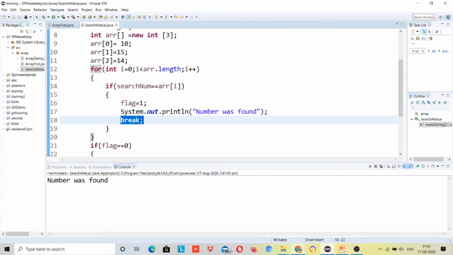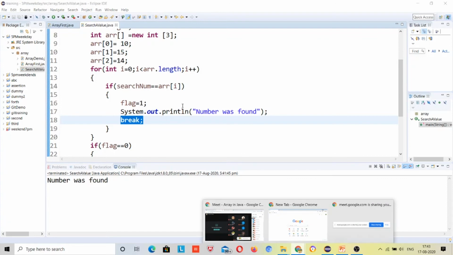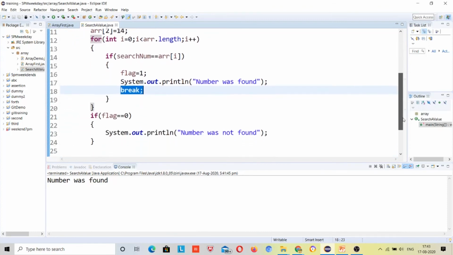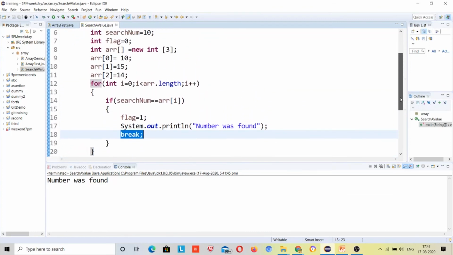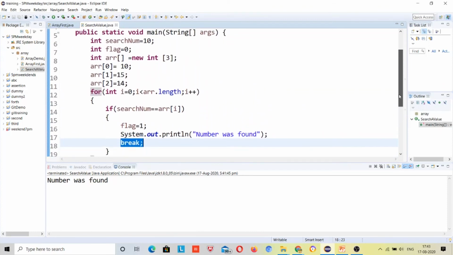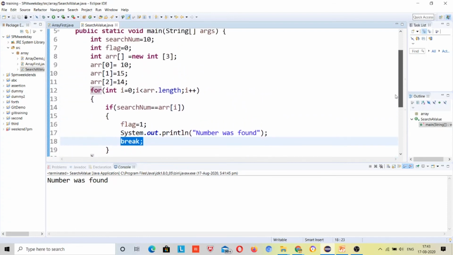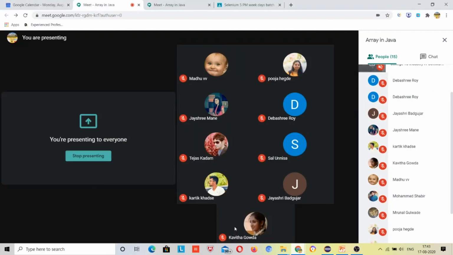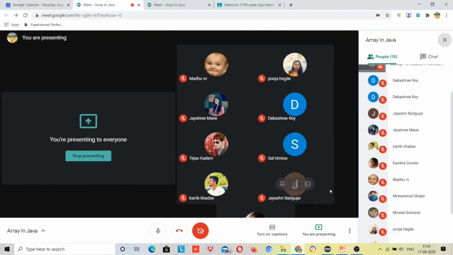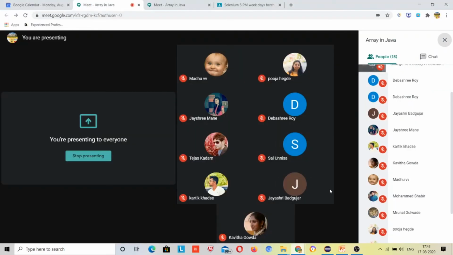So there are many more possibilities to make this program better, but how much I can explain, I can just read out your code, where you can modify the code, where you can make this code better. You have to think this out, this way the logic works. So this was my agenda for today. Tomorrow I will be covering the second part.